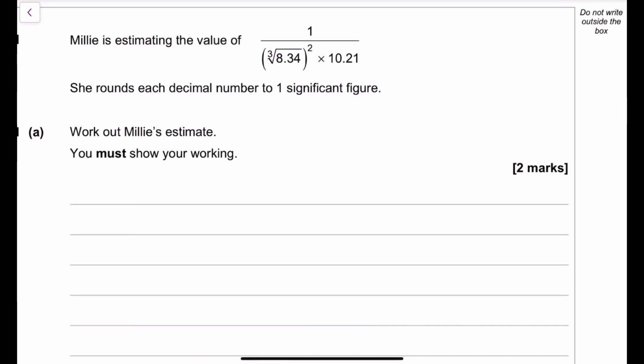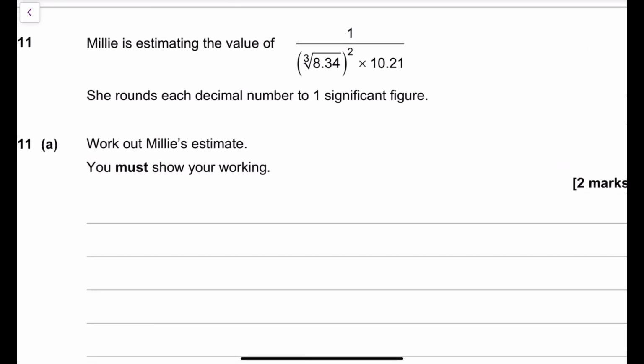Okay, Millie is estimating the value of this horrible looking sum here. She rounds each decimal number to 1 sig fig. Work out Millie's estimate. So she's gone, hers is approximately equal to